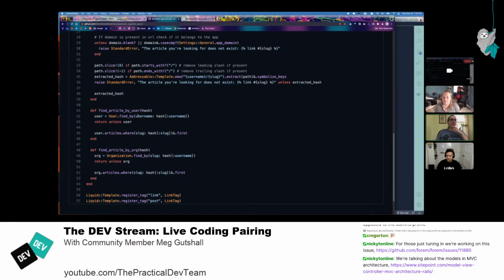It'll receive an object as an argument, sorry, and it will take in a user as the argument here, and whatever the username is, it will use that to find the user object, and then it will return the articles where the slug, or the slug would be the article slug, I imagine, it's usually like the